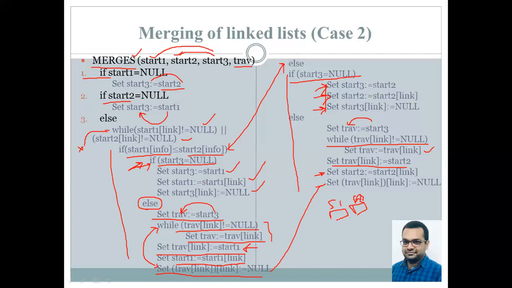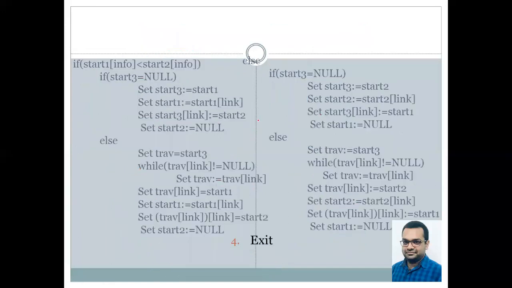We simply compare the values in these two nodes. Whichever value is found to be smaller, we append that node to the end of S3, with all the intermediate nodes being there, and after that the other value is appended after this. In the reverse scenario, that is, S1's value is greater than S2's value, first we append S2 at the end of S3, and then we append S1 to the end of S2. That is performed using these statements.